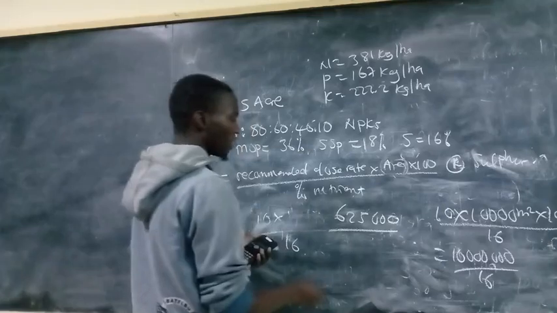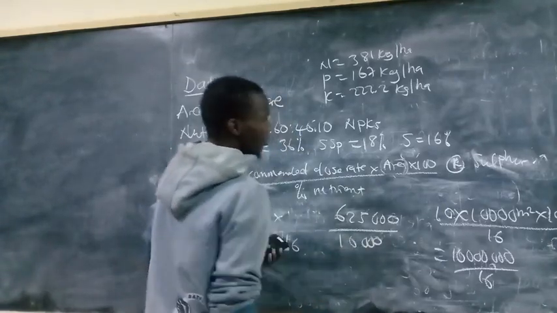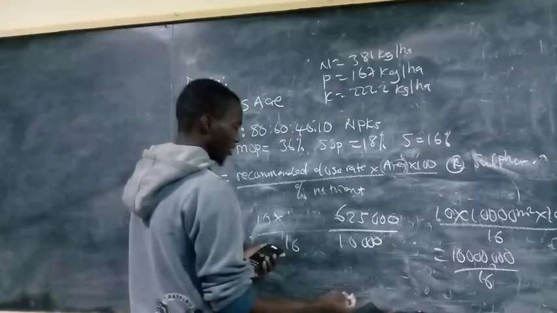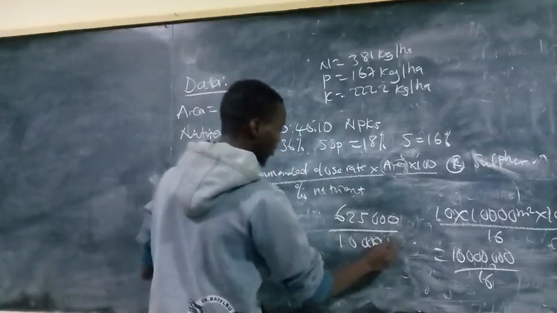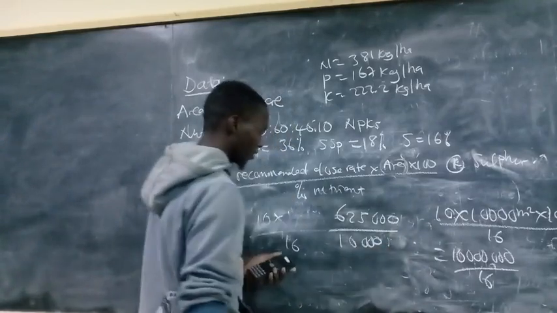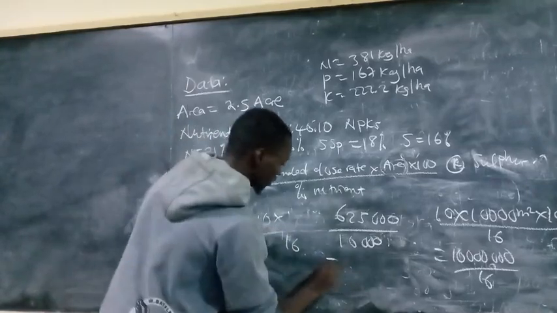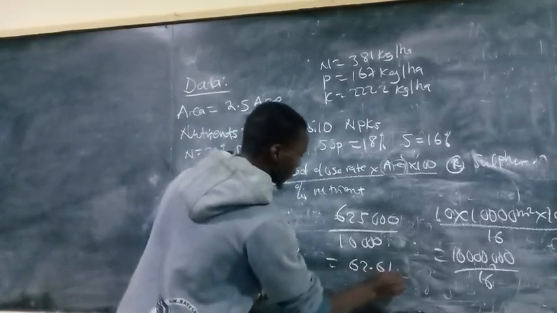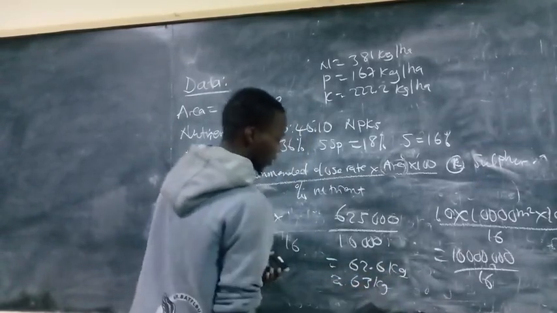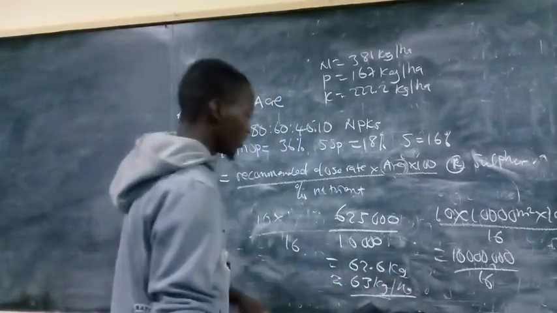So we divide this by 10,000 because we are respecting the hectare. These are units for the hectare. 10,000 meters square is for the hectare. So we divide this by 10,000. You get the same figure, that is kg. So this will be approximately to 63 kg per hectare. So this means that for